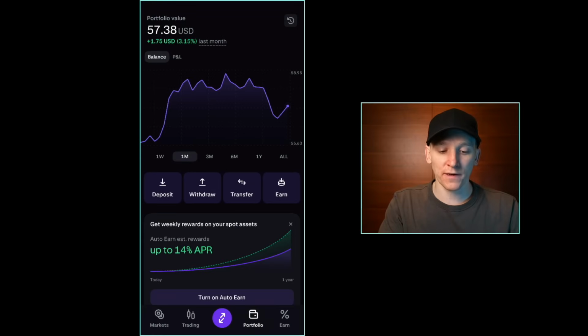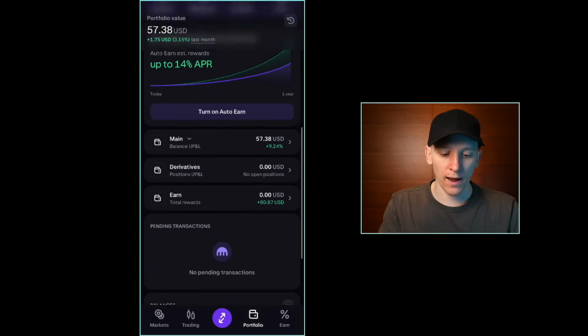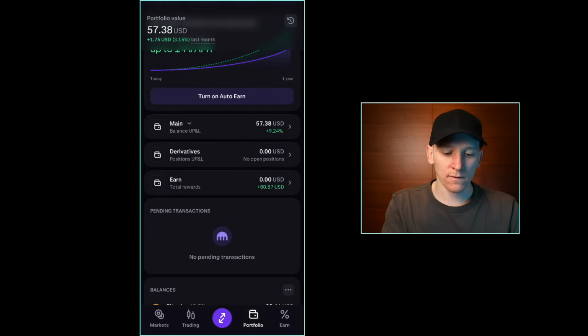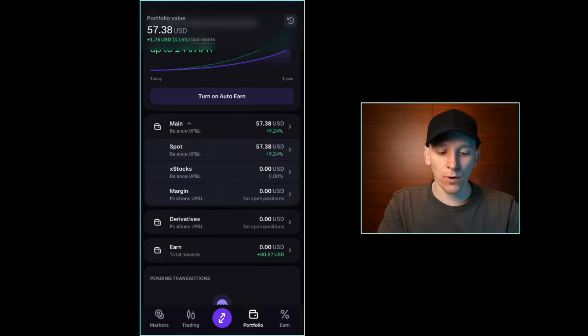In your portfolio screen, you should be able to see a breakdown of all of the different accounts that you're using within Kraken. So top left, that's your total portfolio value. If you scroll down, you can see main here. So just click the drop down. So you have the spot trading account, that's spot crypto, so cash settled crypto that you own and can withdraw